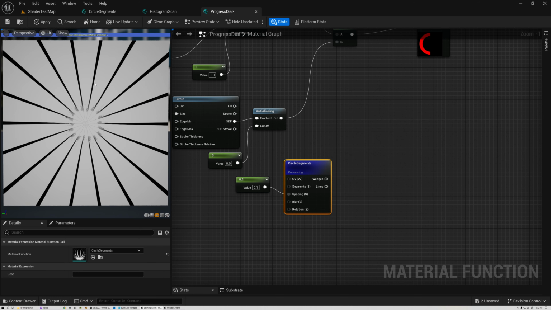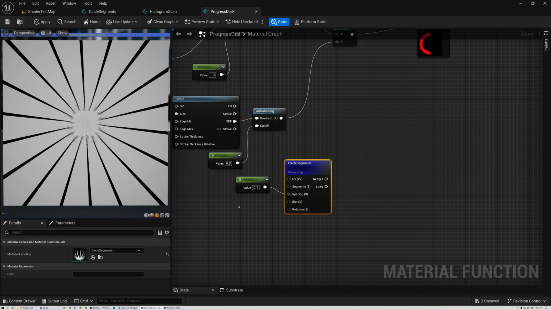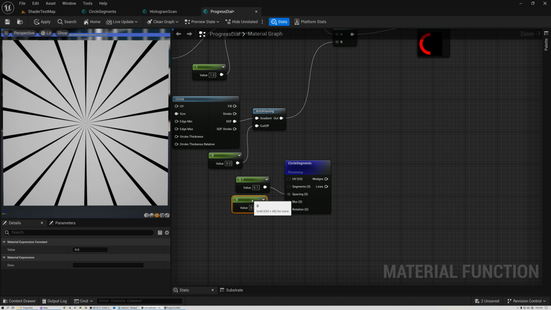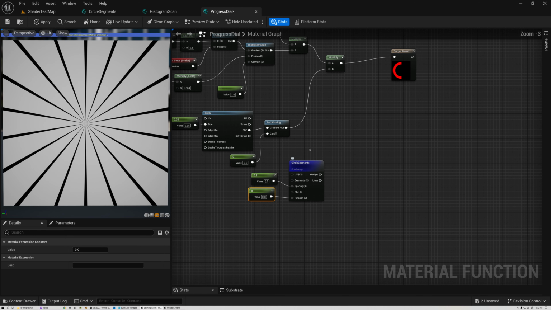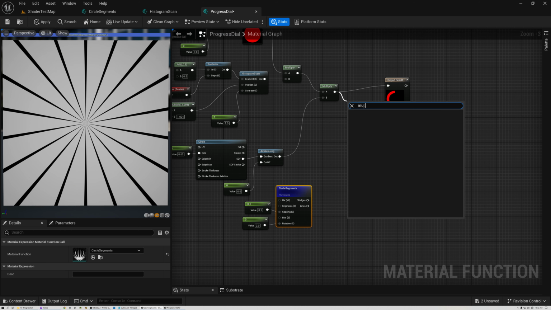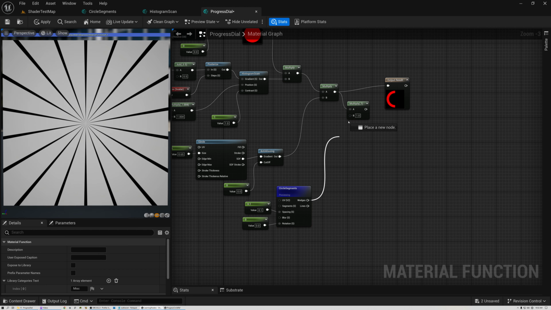And you can see by default we've got it animating here, but we actually want to stop that animation. So I'm just going to grab a value of 0 and plug that into our rotation. Okay, and so now we have a mask that we can use, and I can just multiply the result of our circle segments node by what we've got so far coming out. And if we plug this into our result,